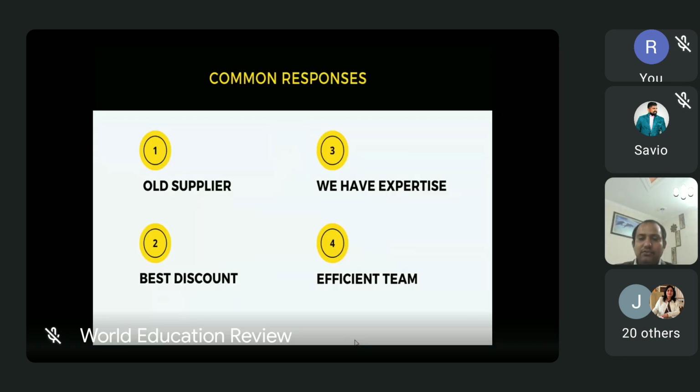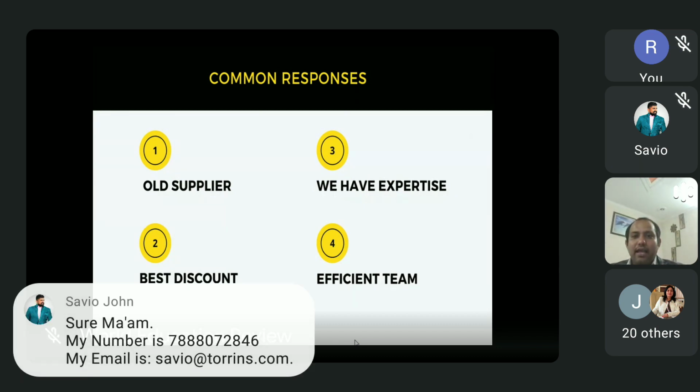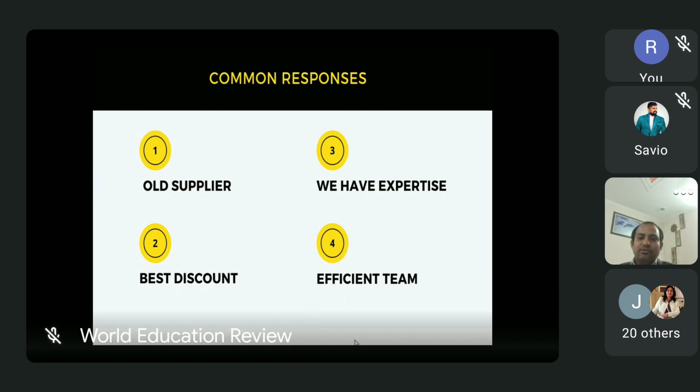Why would any school, any educational institution, need a platform like School Lalaji? You already have your old suppliers, you have your team, you have your expertise. So why do you need a platform like School Lalaji Solutions? There are two main reasons. One, India has more than 10,000 educational